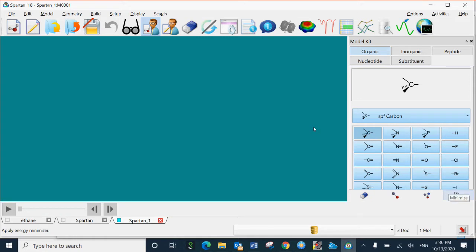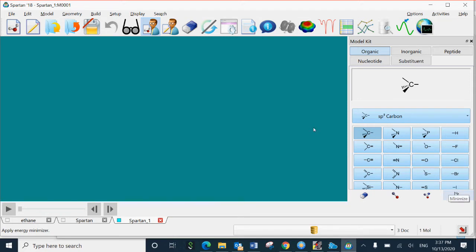You need to start with the first molecule, ethane. In your lab manual, the procedure is given very clearly. The step-by-step procedure is given, so you just need to follow the procedure. It's very clear.